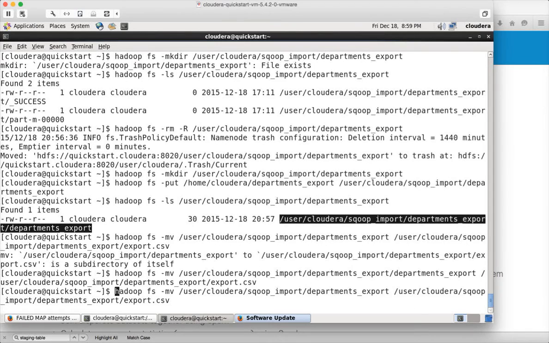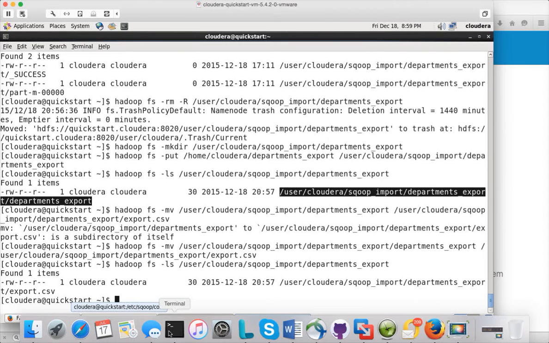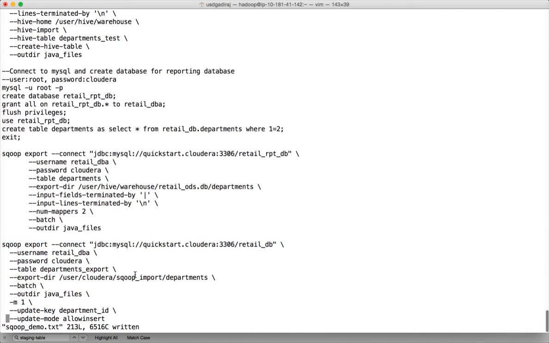So now you can do the ls command, and you will see export.csv as the file name. So we will use this directory. We have to pass the directory only as part of the export command. So the command looks like this: